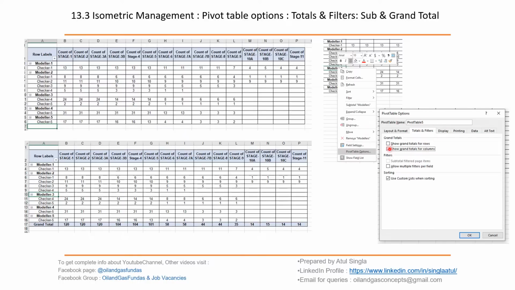Now we can click or unclick this grand total. If we click it, it will come back here. This option is not available directly by right clicking on the grand total. To bring it back, we have to go inside the pivot table options, then totals and filters, and then we can click or unclick it.